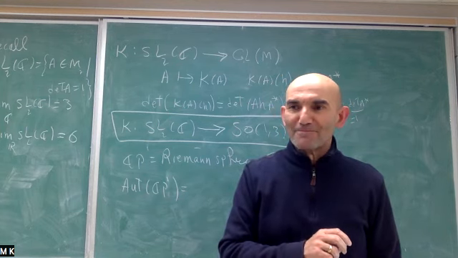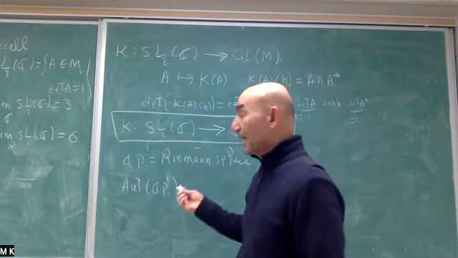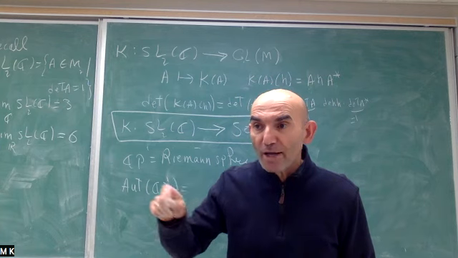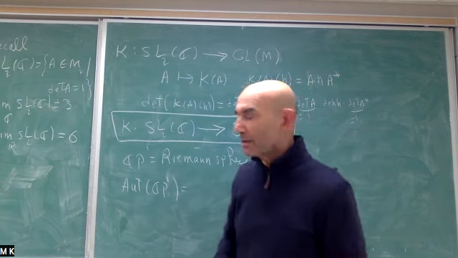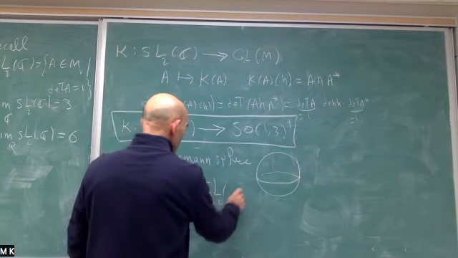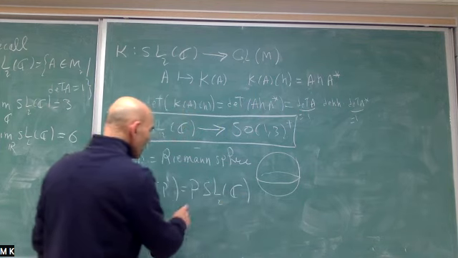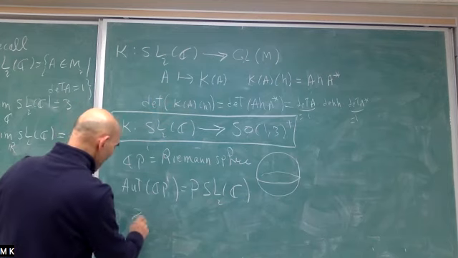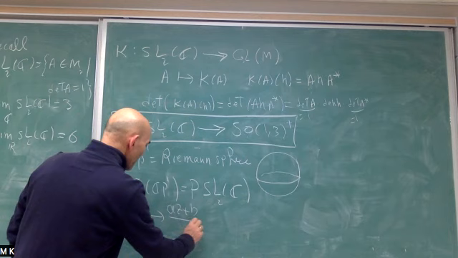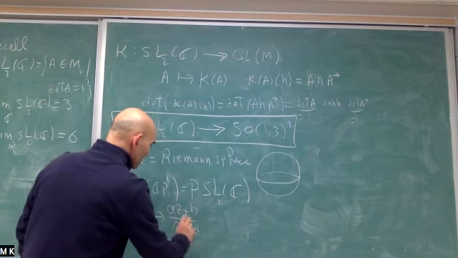I think it's SL2C. It's Moebius transformations, SL2C, except we have to divide by the center, plus minus 1. Right. So this is really PSL2C. This is the group of Moebius transformations z maps to (az + b)/(cz + d),